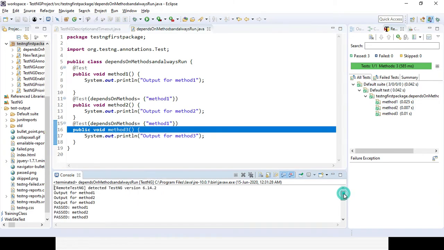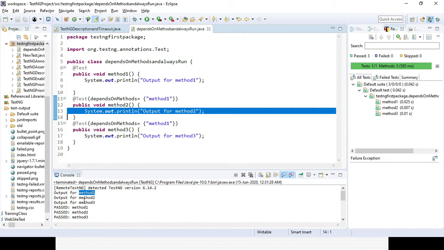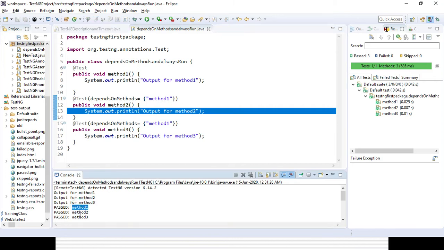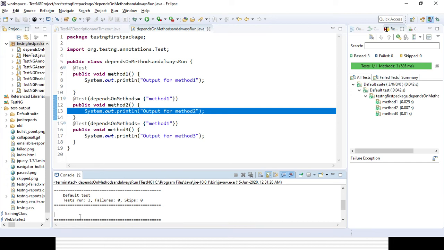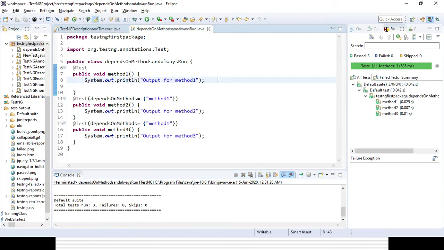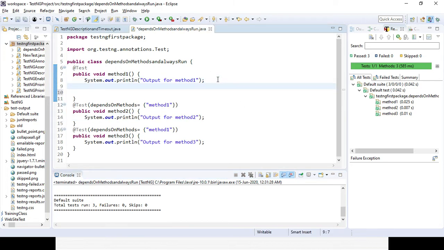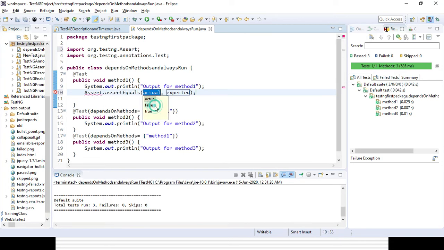And if you go to the console details, you can see output for method 1 is coming, output for method 2 is coming, and output for method 3 is coming, and method 1, method 2 and method 3 are all in pass status, right? And here 3 test cases executed, with no failures, no skips. Okay, now in method 1, let's fail the method. Using some assert dot assertEquals, boolean value false, and here I am giving true,